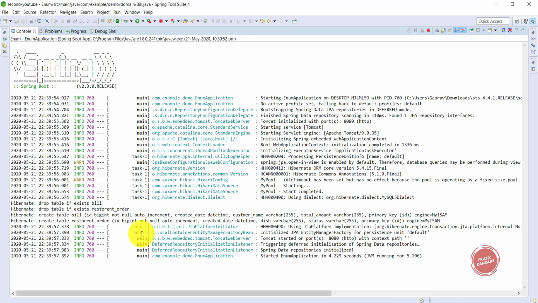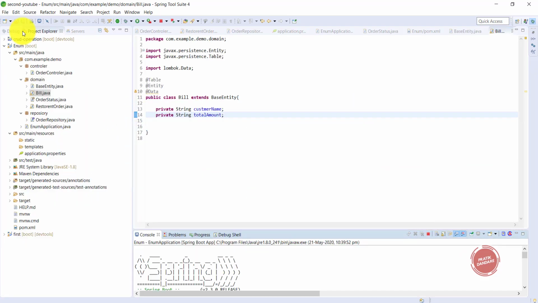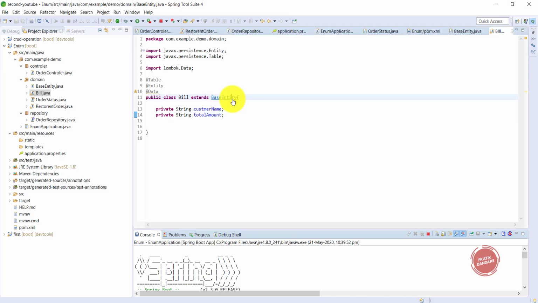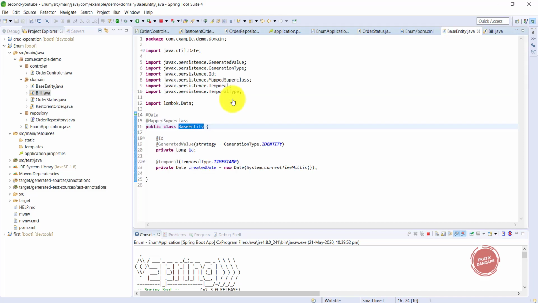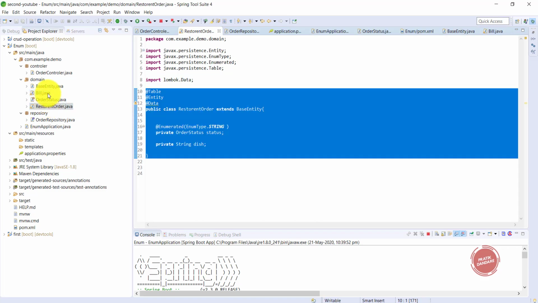So let's check the query. This is our bill class, which has the column ID as well as created date. We did not add both columns here, and we are not using the at-the-rate ID annotation to represent the primary key. We extended it from base entity, which is common for both the restaurant order and the bill class.